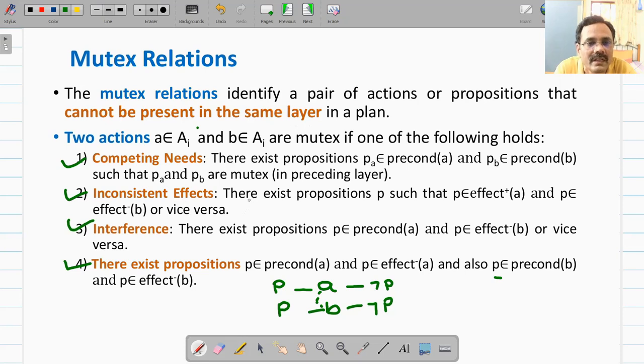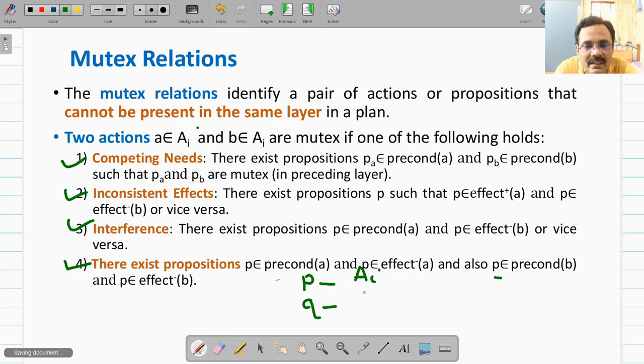For example, suppose we have proposition P which belongs to layer Ai, and another proposition Q which also belongs to this layer Ai, and corresponding actions are A and B. If A and B are mutex, then these two propositions will be mutex.